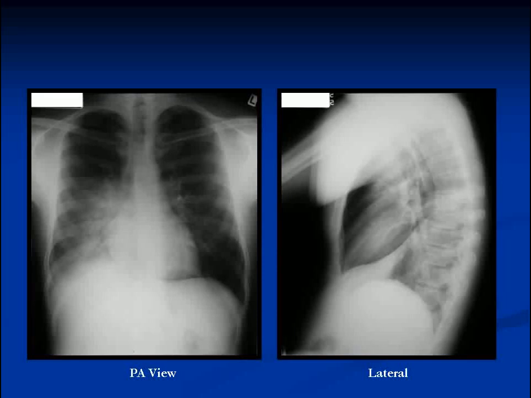Now we go to the lateral film and we see one diaphragm there. This diaphragm sort of stops at the heart. That's the left diaphragm. So where's the right diaphragm? We can't really see it. If we go down this